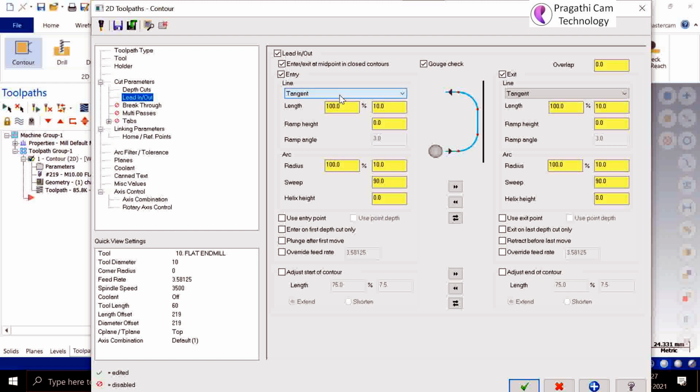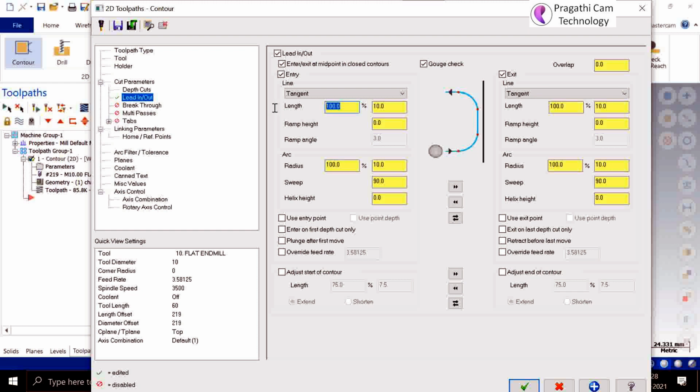How you want to enter and exit, perpendicular entry or tangential entry or profile ramping, whatever you want you can modify here. Naturally the tangential entry is the best one. This length and arc radius you can modify.